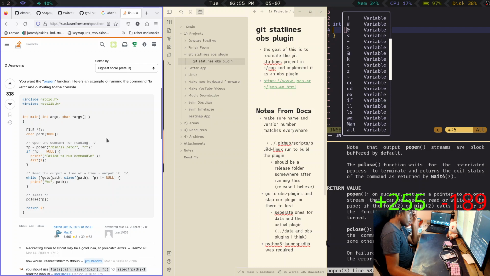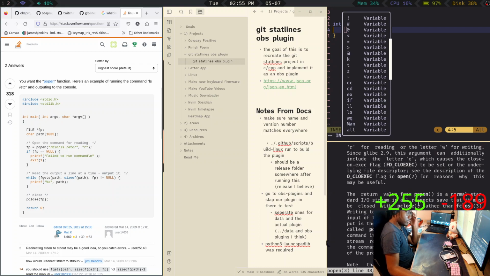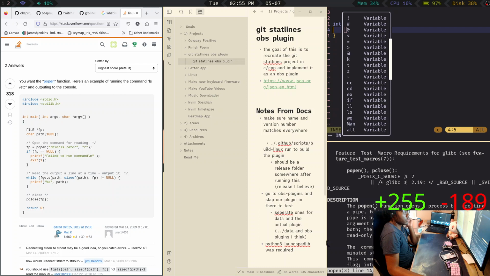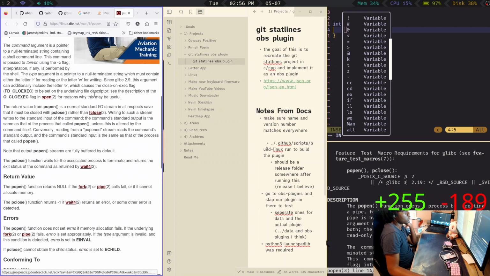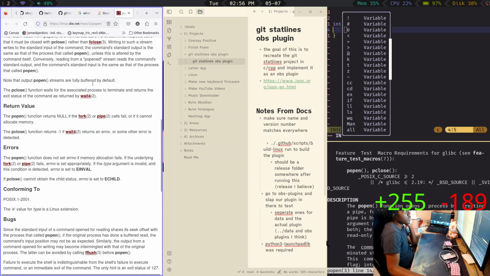Open the command for reading. Oh, you have to close it after as well. No. It's a fork or pipe fail. Yeah.